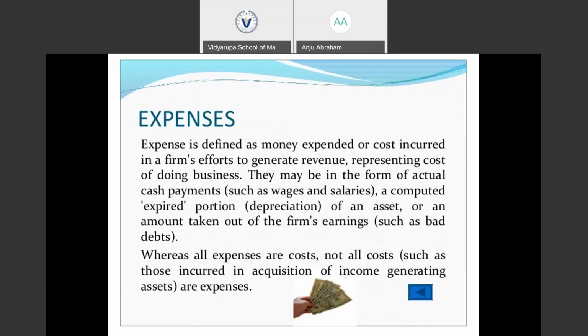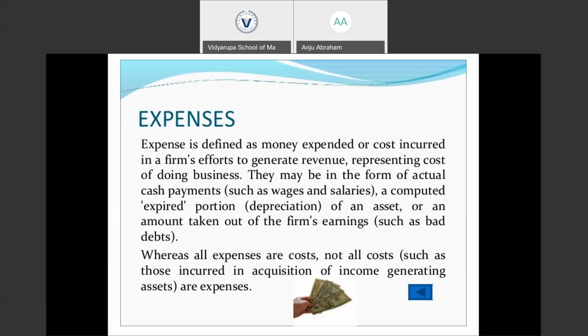They may be actual cash payments like wages and salaries, or they may be non-cash payments like imputed cost, such as depreciation of an asset, or provisions that we create for bad debts or any other related provisions. All these represent the cost incurred by a business in carrying out its operations, which may be cash payments and non-cash payments.